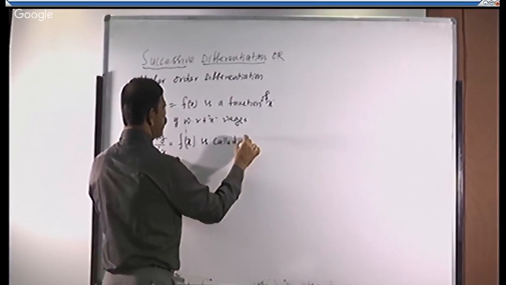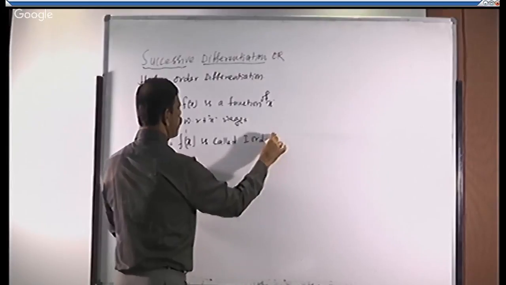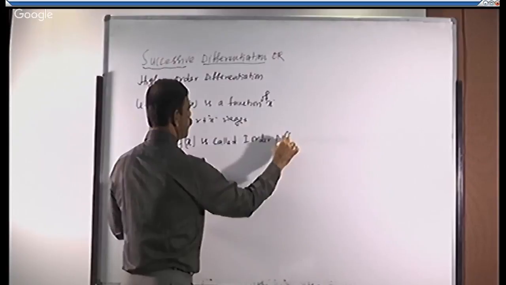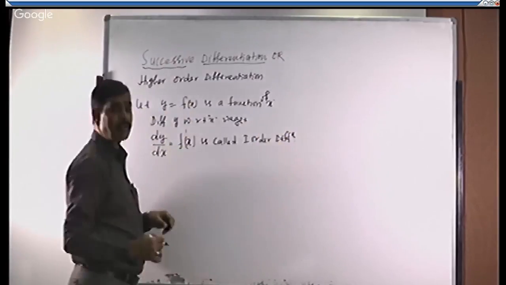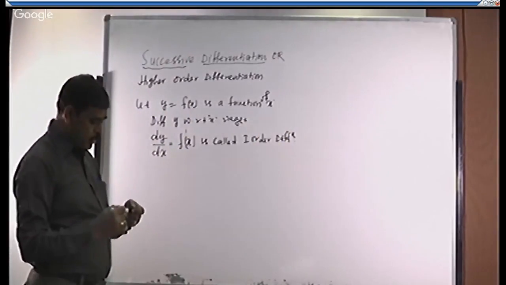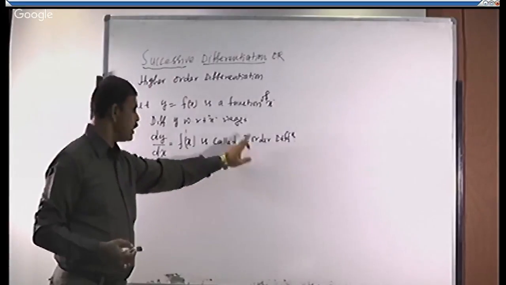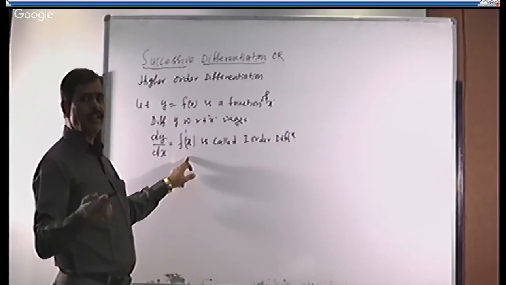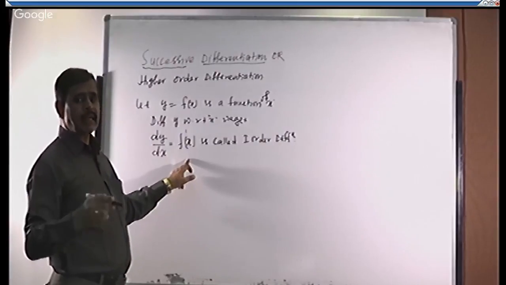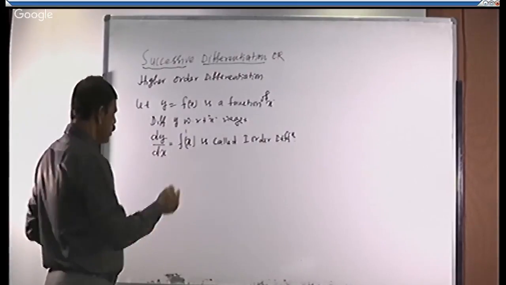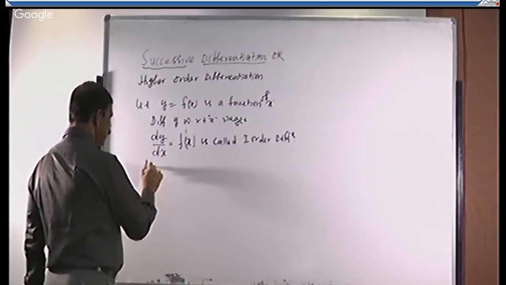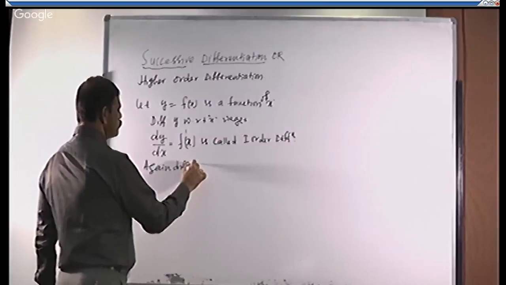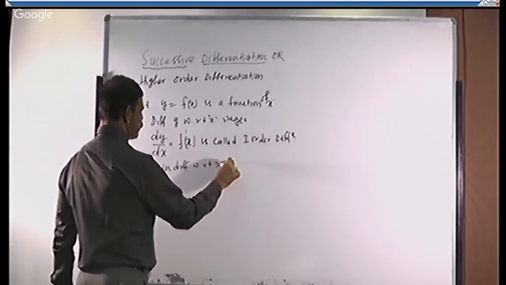This dy by dx or f dash x is called first order differentiation or first order derivative. Suppose if the first order derivative is differentiable, if it is having differentiation, then again we can go for differentiation, right? If it is differentiable, again differentiate with respect to x, we get